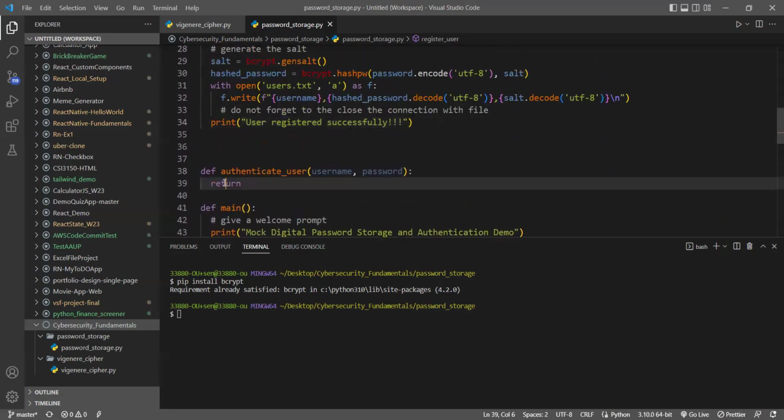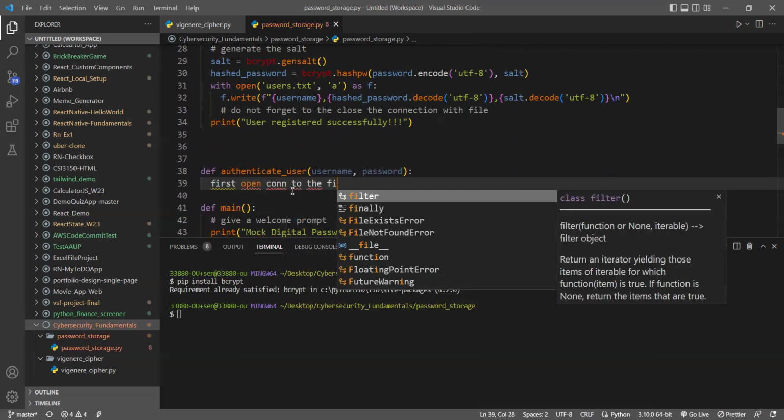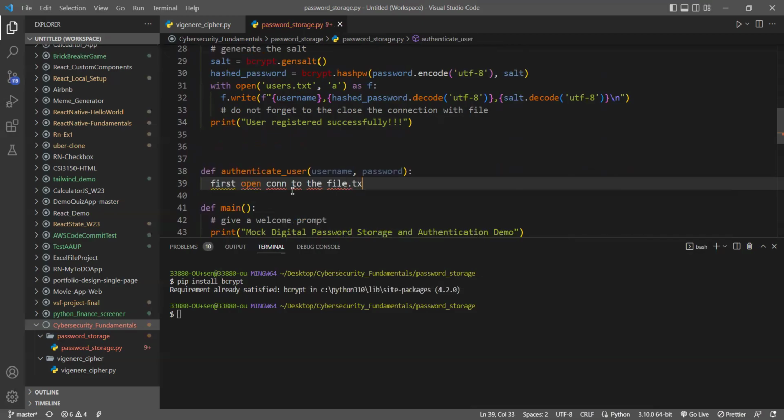Now, the goal of the authentication, if you want to write down the logic, is we will first open a connection to the file. So that is basically our file.txt, I believe, right? Then we read the data, store it in relevant variables. And when we read the data, we are essentially reading what we have stored on the file. That is the username, the hash password, and then the salt, right? And then, of course, we will perform an authentication check,